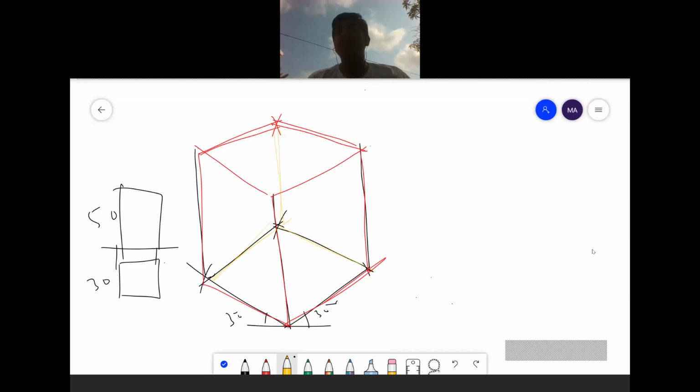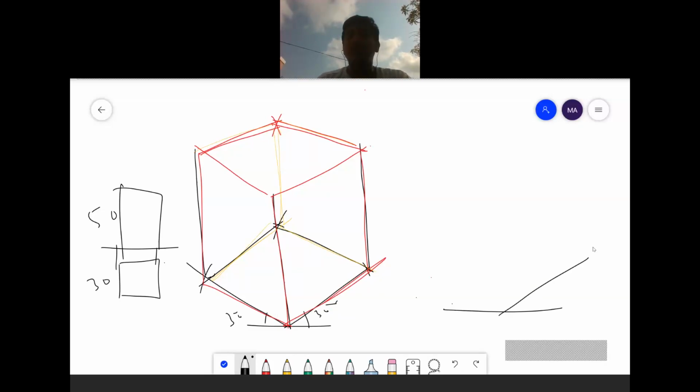Whenever you are drawing with the pencil, invisible views are drawn with a dotted line, and visible views are drawn with an HB pencil, dark line. Understand? This is the procedure for drawing the isometric view of a square prism when its axis is vertical. Suppose its axis is horizontal; in the same manner you will consider 30, 30, this side 30 degrees, this side 30 degrees.